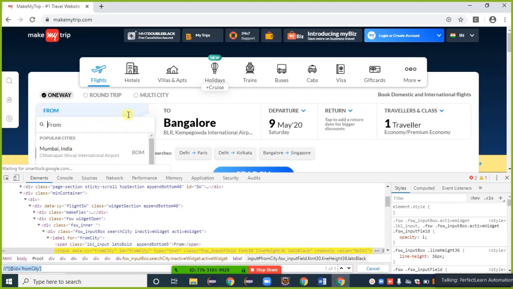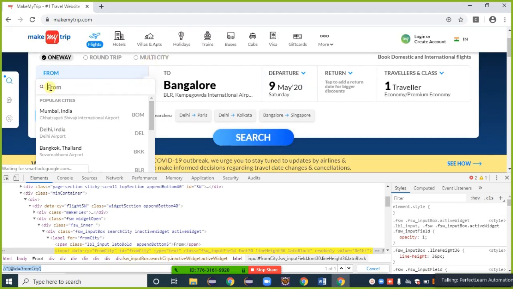After that I need to provide my required city inside that box. It is a text box available here. Keep in mind, a text field is available here where I need to type my city. Suppose I want to go from Mumbai, so I type Mumbai here. If I double click, no action takes place. If I press enter using the keyboard, no action takes place. Then how to select Mumbai? I am selecting Mumbai by using the keyboard.